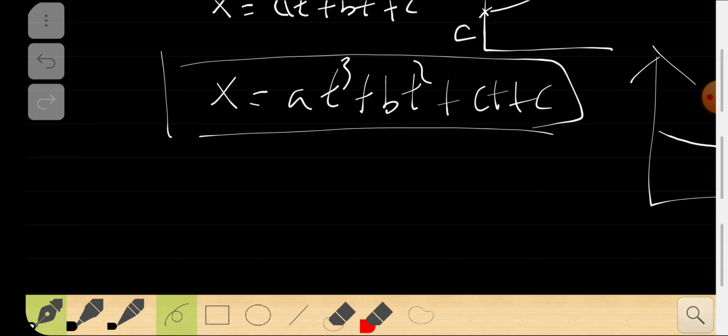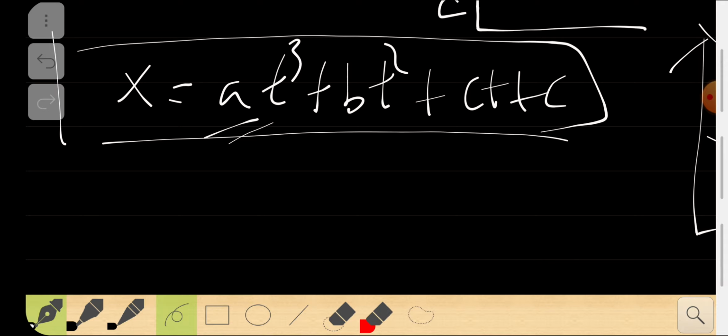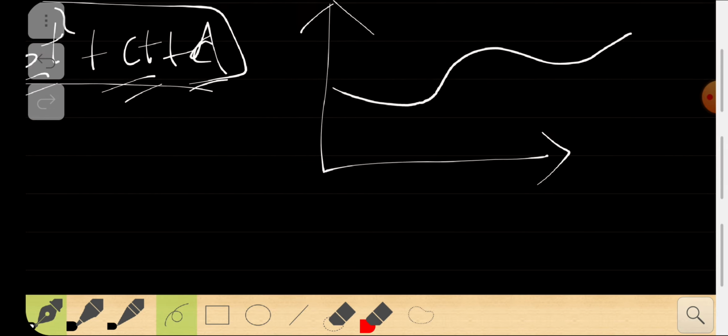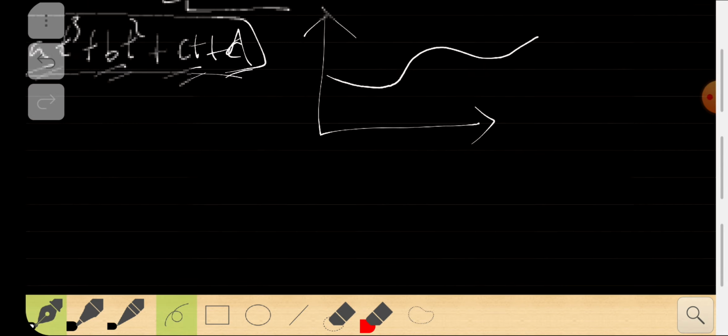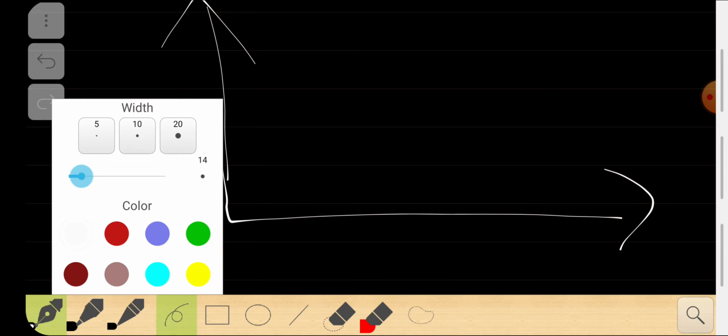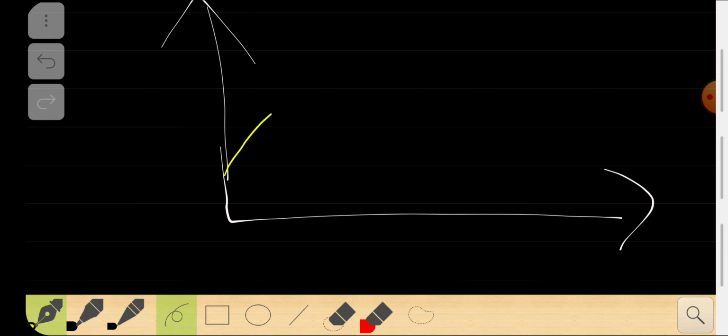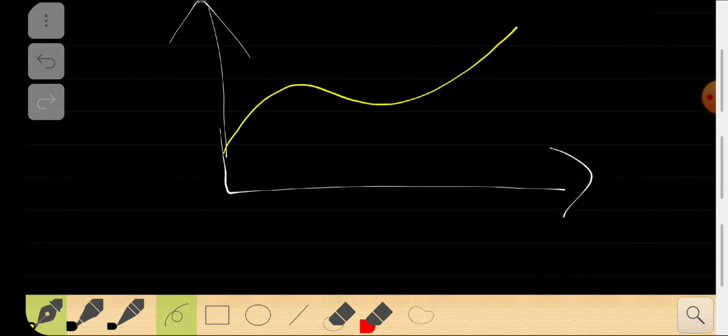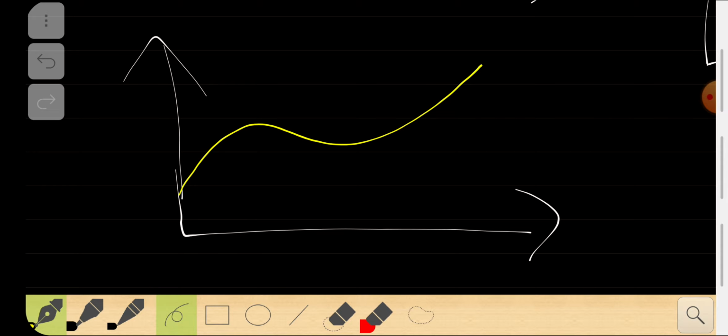For this particular curve, it must look like that. So we can assume the values of a, b, c and d, and we can put down some values. And if we have a curve like this, you can numerically approximate. And if you have a source curve like this, then you have to fit